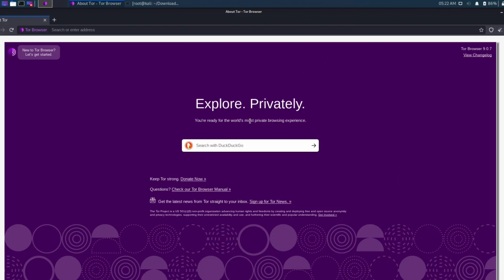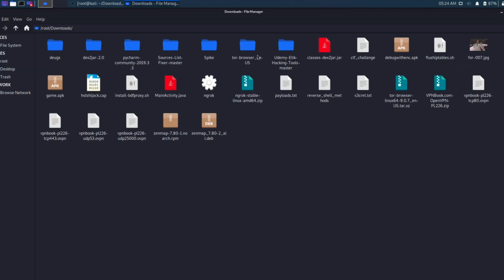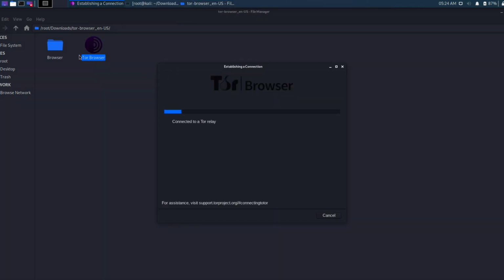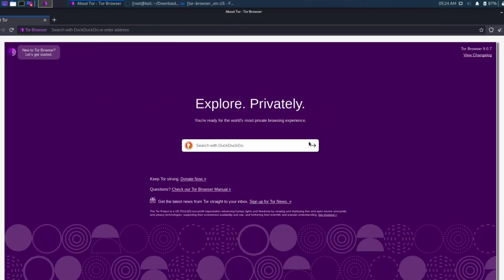So if you come across any problems during this installation, or if you want to close the Tor browser down and open it again, you can try double-clicking on the thing that we have seen before. So what do I mean? Let me show you. I'm going to close this down, and I'm going to open my downloads folder one more time. So let me go back here and find the Tor browser, and here you go. My icon is changed, but in fact, it's actually running the same script again. So if I double click on it, it will open. If you cannot open it this way, you can just run the start Tor browser.desktop thing from scratch one more time. But here you go. Now we managed to install the Tor browser. Next thing we're going to do, we're going to see how we can